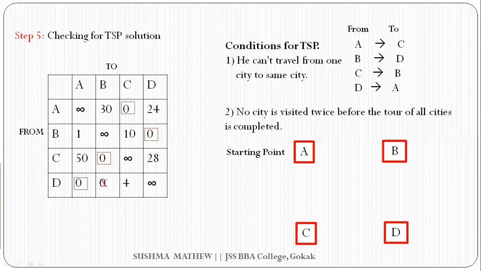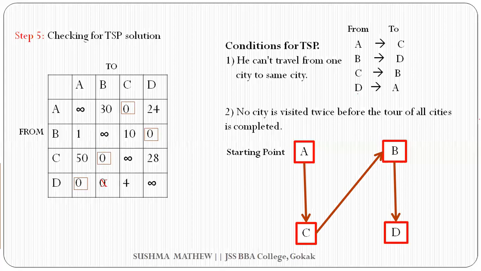Now can you see A to C? I'm putting an arrow mark from A to C. And when we come to C, A to C is there. And from C, he is going to B. Now from C, the arrow mark is going to B. Yes, that is there. And from B, we can see the arrow mark coming down to D. Or we can see the assignment also here. From B, the assignment has gone to D.